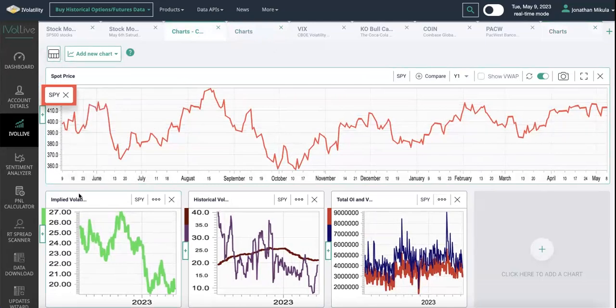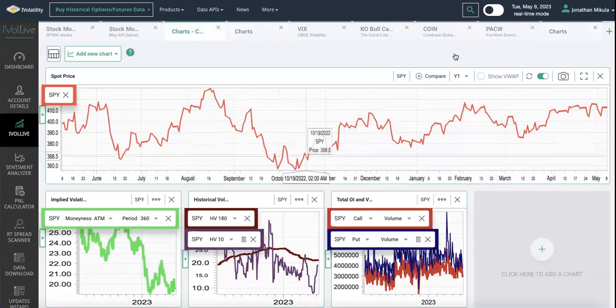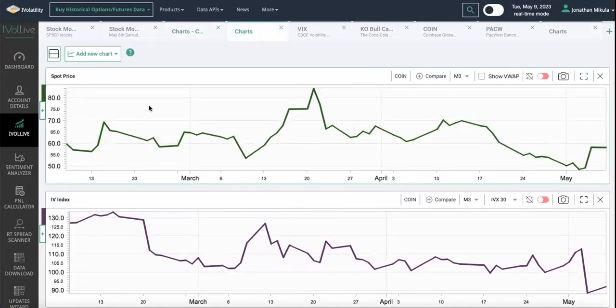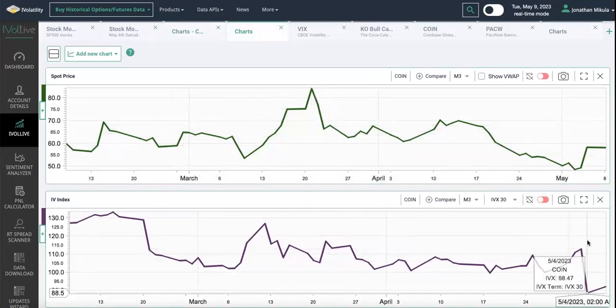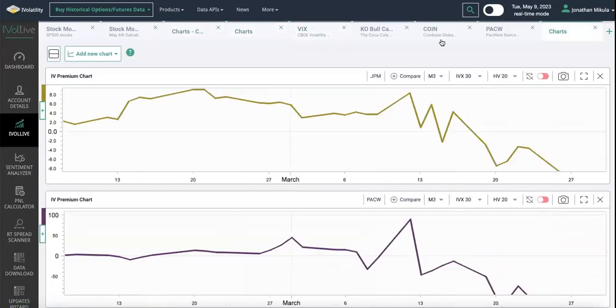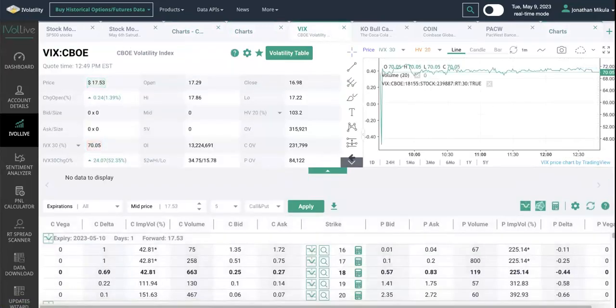So for an example, this is great because it's showing me what's going on with the S&P on any given day. So I kind of keep this running in real time in the background. And then I'll come in and create a custom fear gauge on something I'm very interested in, like Coinbase. And I'm looking for extremes, where the IV index is either super low or super high. And then we have our individual names, where we have the VIX, for an example, and we had the